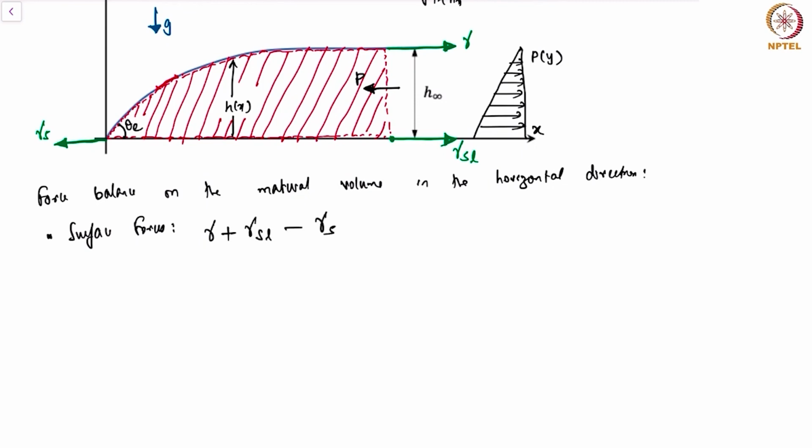Note that there is no contact angle in this because I'm writing it for a control volume that is extending all the way from the contact line to the region where the upper surface has become horizontal. And when the upper surface has become horizontal, the surface tension force gamma also becomes horizontal. These are the surface forces. And we have the hydrostatic pressure, integrated